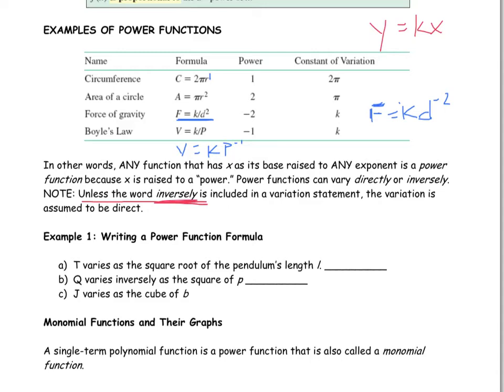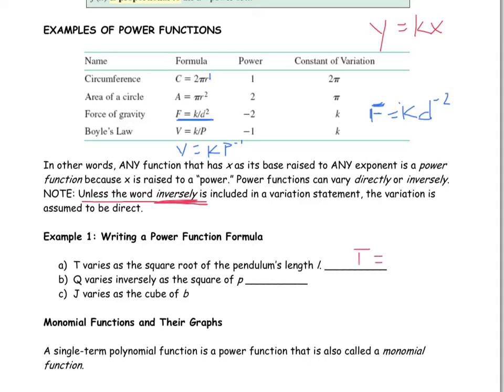That means that you're going to multiply your constant times your variable. So hopefully with that, let's do some examples. The first example, they want us to write a power function formula. It says T varies as the square root of the pendulum's length. So they want us to write an equation as T